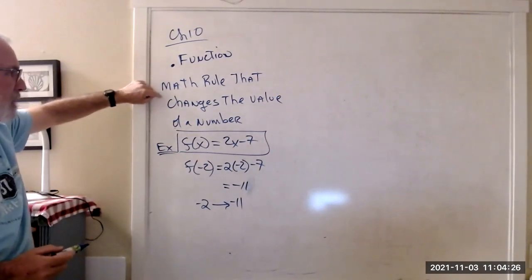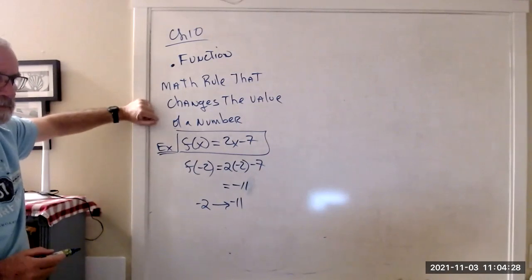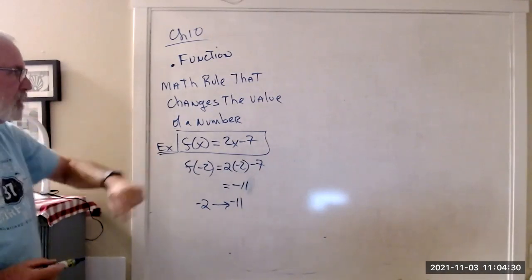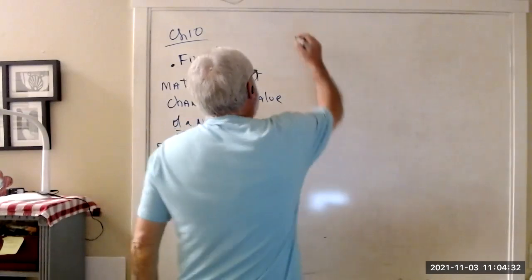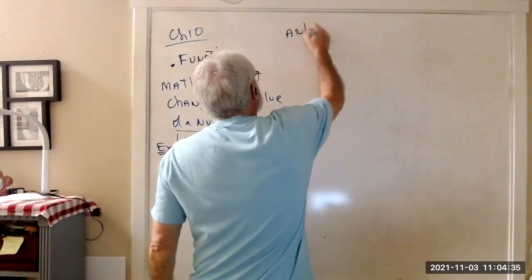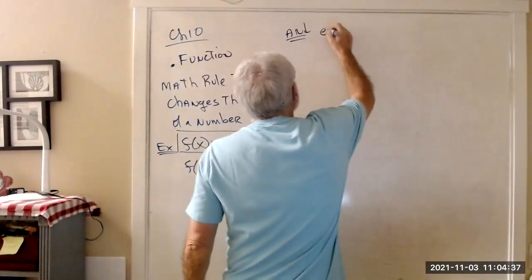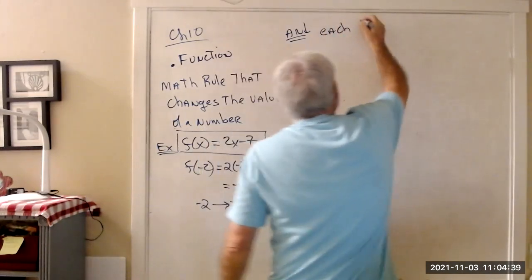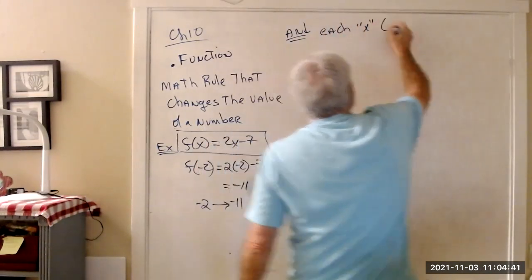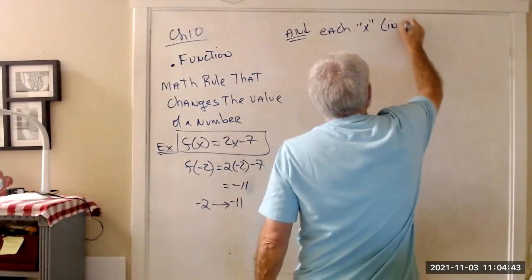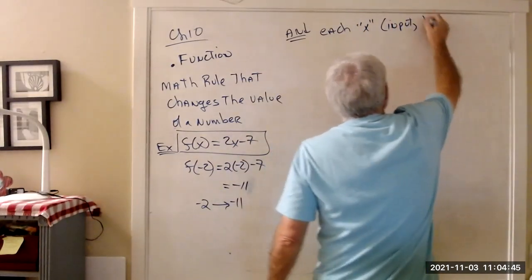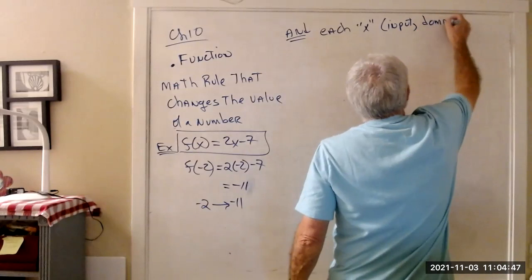Not only is it a math rule that changes a number, okay, just like this, but also each x, and now x stands for the input number, or we call it the domain,